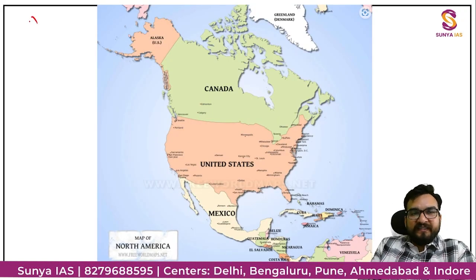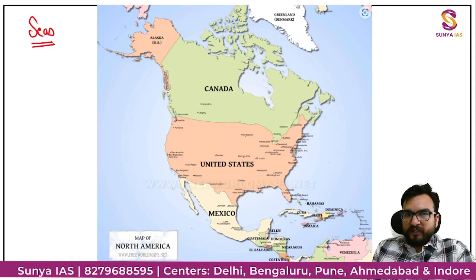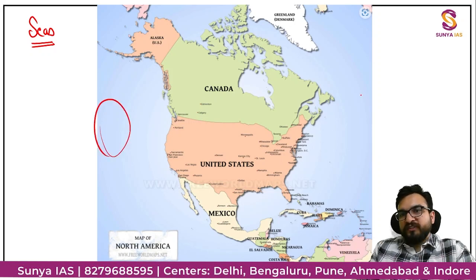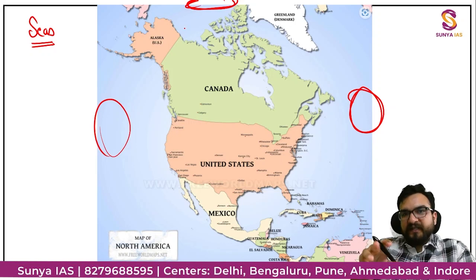Now let us see the seas surrounding these particular places, guys. This particular continent. What are the seas which are surrounding? Over here, you know which ocean this is: Pacific Ocean. Broadly, you know this is Atlantic Ocean, right? This is Arctic Ocean, part of Arctic Ocean. But some seas are there, the important water bodies which you have to understand. This we are going to see, guys, right?